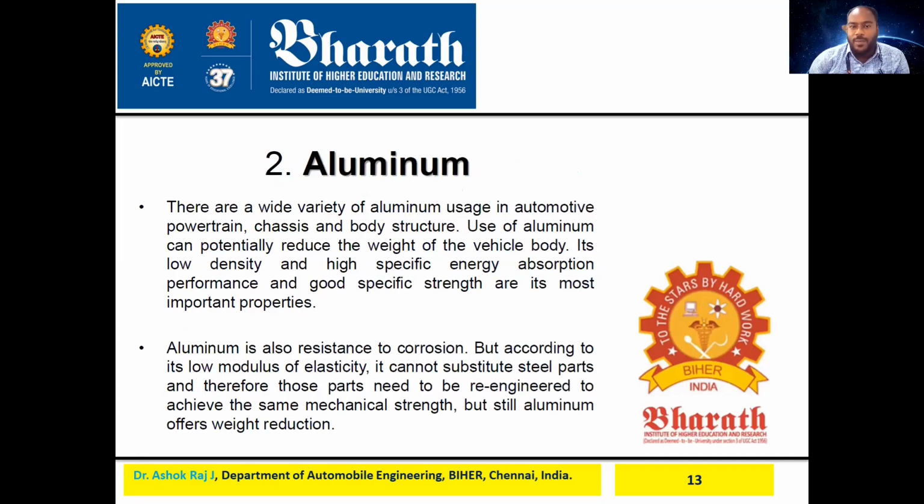And now aluminum. Aluminum is also used mainly for lightweight applications where we are not applying any load. There is a wide variety of aluminum used in the automotive powertrain, chassis, and body structure. Use of aluminum can potentially reduce the weight of the vehicle body. It has low density, high specific energy absorption performance, and good specific strength, which is its most important